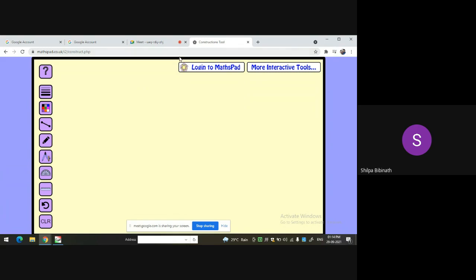So let us see how to construct. Now here, practice set 8.1. Third one and fourth one I will be showing you how to draw it. Accordingly you can see the video and you can draw it in your notebook. Okay, it was same as we did in the online session, first and second one. Same way we are going to do the third and fourth one.